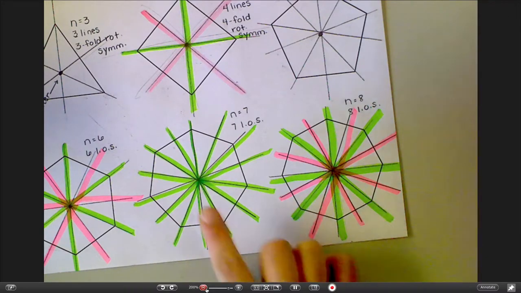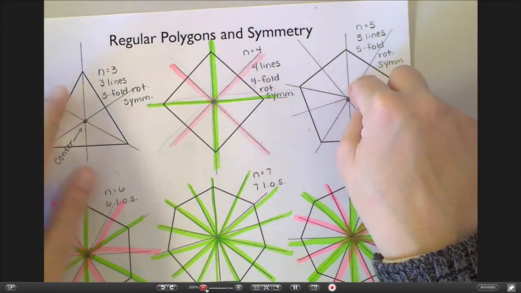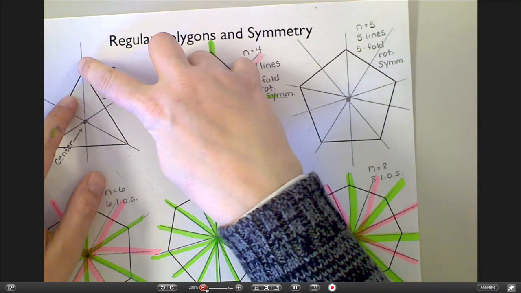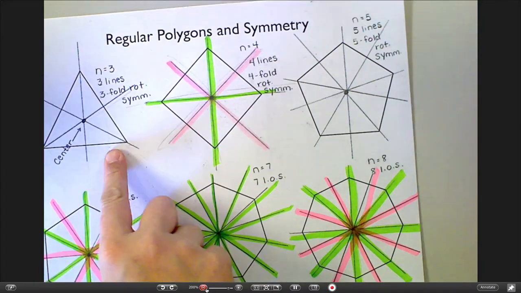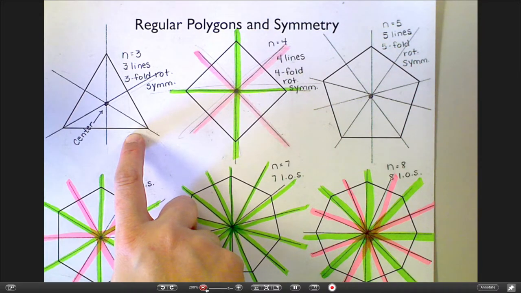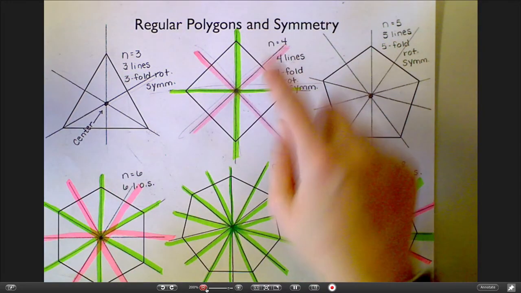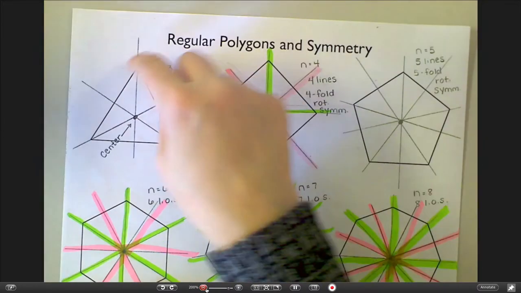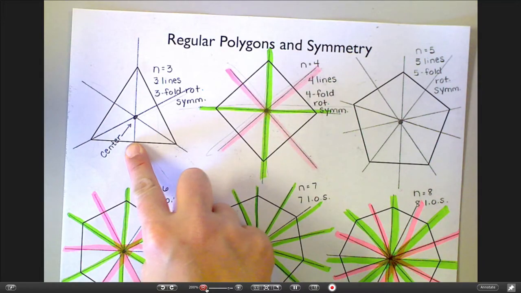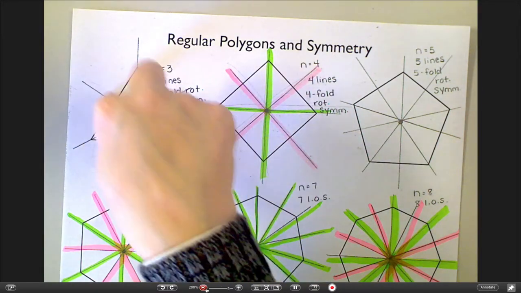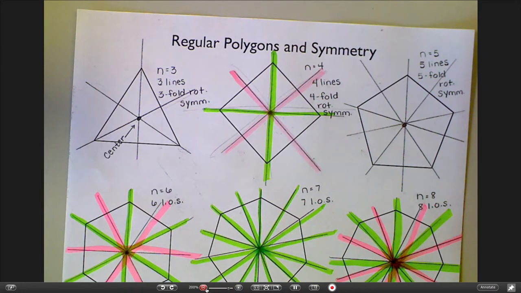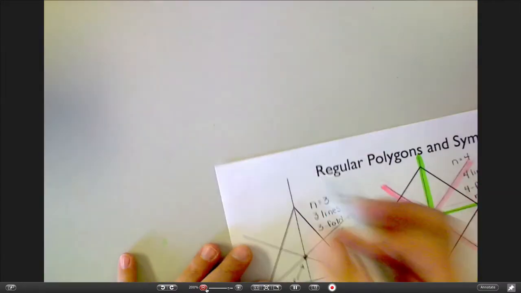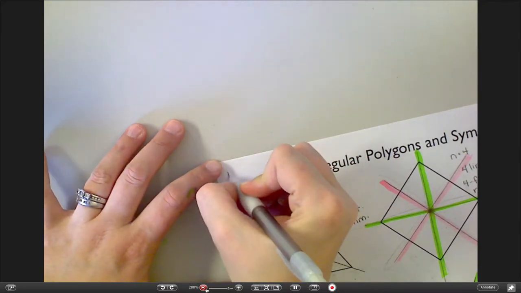If it's odd, like this one, every one of your lines goes through one vertex and then is the perpendicular bisector of the opposite side. So when it's even, you're going corner to corner or bisector to bisector. When it's odd, you're going corner to bisector. Each line does both things, and that's because there's not an even number of vertices, so you wouldn't be able to pair up all of the vertices. So what I would jot down someplace is, when n is even,